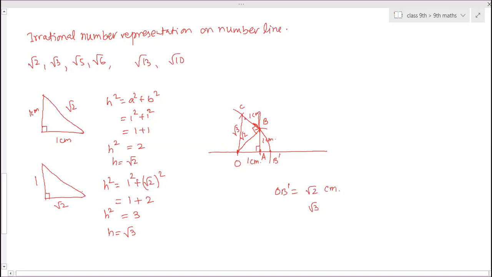So again keep the compass at O, take a radius as OC and then cut an arc intersecting the number line at point C dash. So O to C dash is equal to OC, that is equal to root 3 centimeter. Is it clear? If you keep on continuing the same process, drawing a perpendicular, cutting a 1 centimeter arc and joining the center to that point, you will get root 2, the same way root 3. Next you will get root 4, that is 2, then root 5, root 6, root 7.